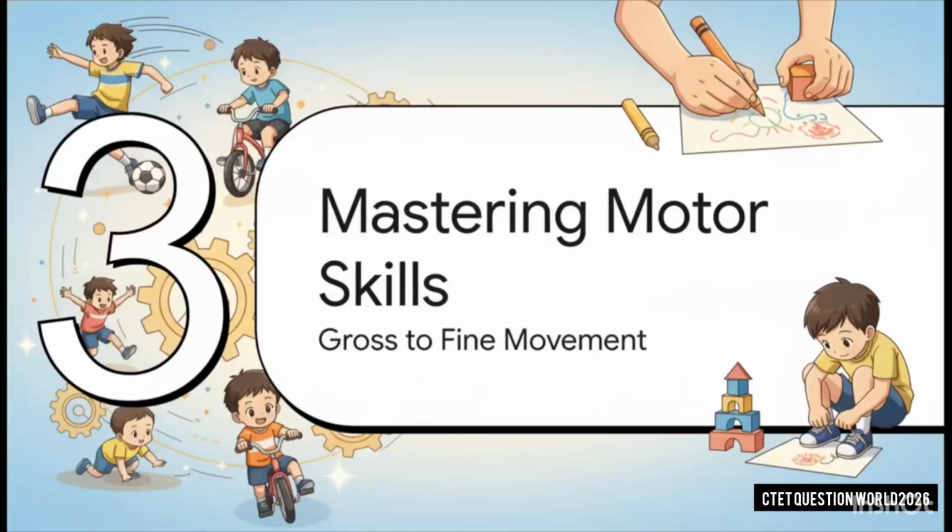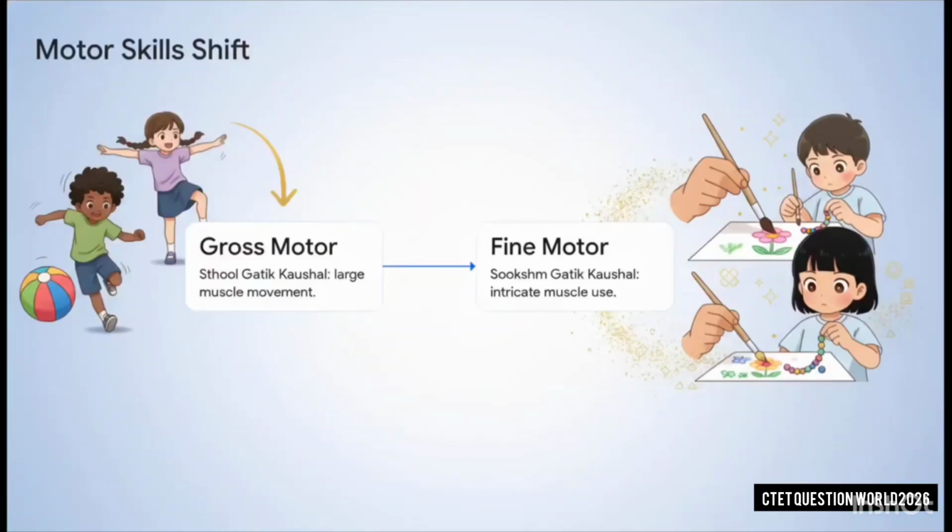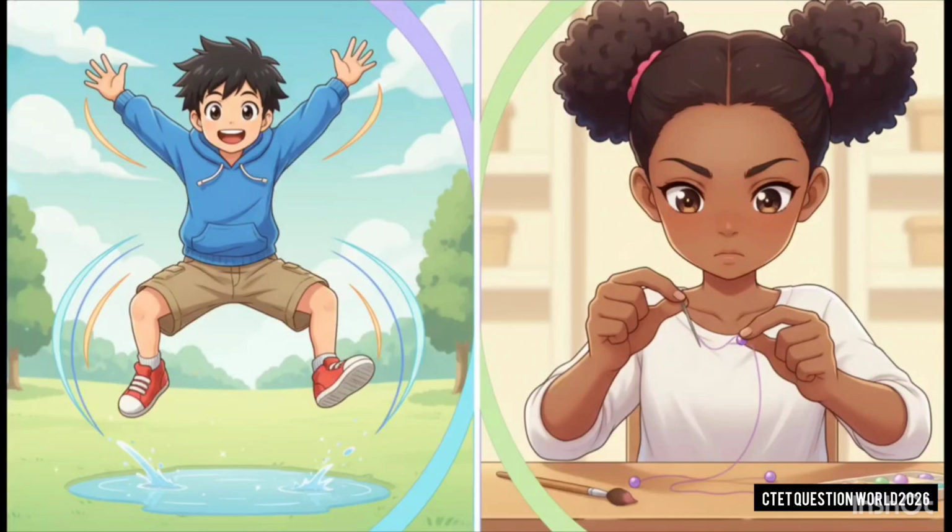Next up, Section 3, Mastering Motor Skills. When we look at the physical engine of a child, their motor development, there's a golden, unbreakable rule. Physical growth always flows from gross motor skills down to fine motor skills. Or, in Hindi, from Sthul Gati Kaushal to Suksham Gati Kaushal. It is a completely universal step-by-step process. Let's break that down a bit. Gross motor skills involve your big muscles, your arms, legs, and core. These are the muscles that let you crawl, stand, run, and jump.